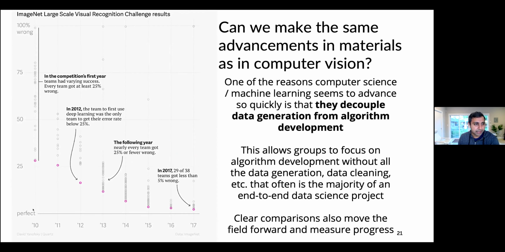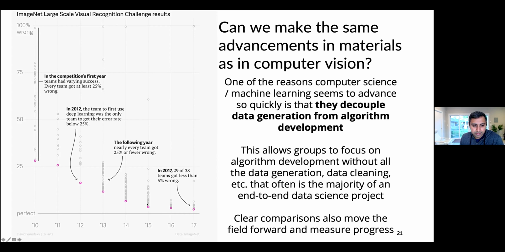So in the first year, actually, no algorithm did better than 25% wrong. And there was a lot of scatter between the different algorithms that existed at the time, the different machine learning algorithms. But actually what happened over time is that people got better and better at using this data set and figuring out what are the best ways to actually understand images. And you can see that over time, 2 things happen. First of all, the best models actually get better and better to the point where it's almost as good as a human these days. So the problem is essentially solved.